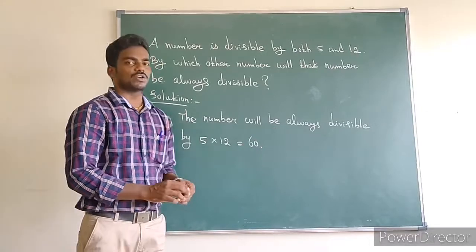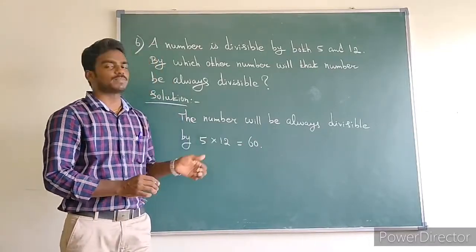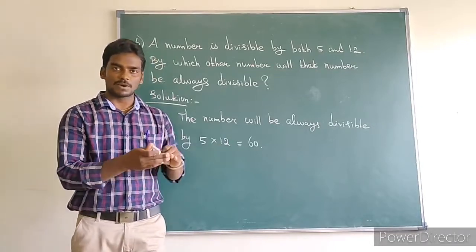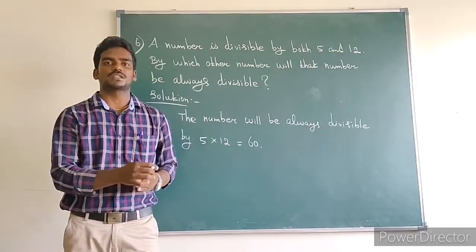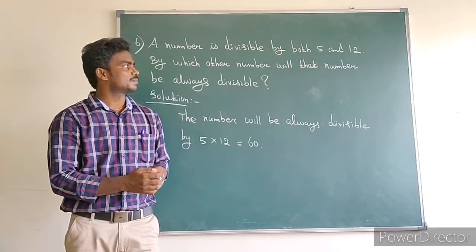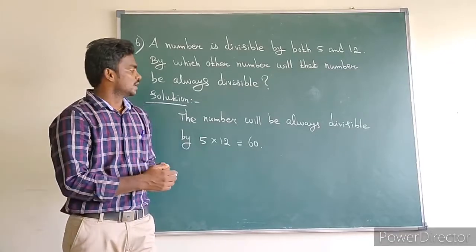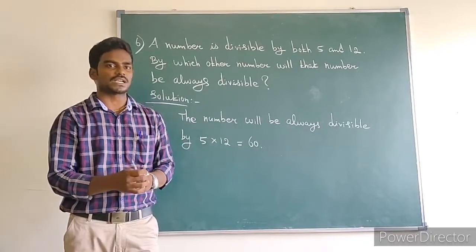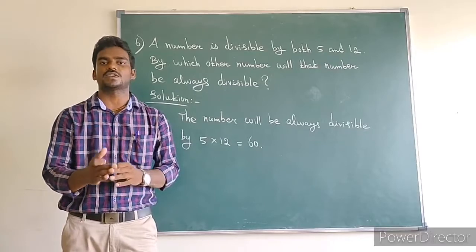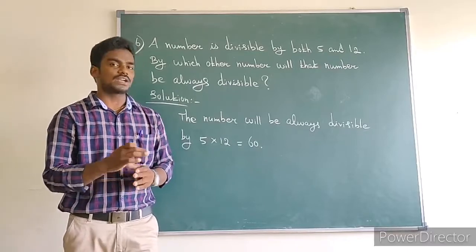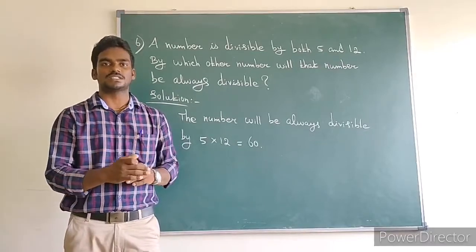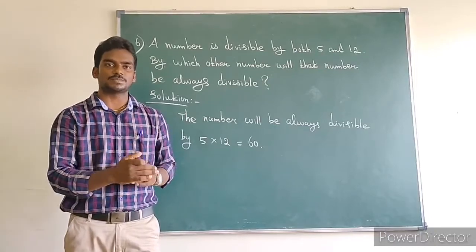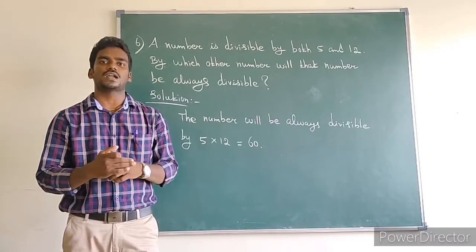Okay students, I hope you understand the concepts in this chapter, Playing with Numbers. In this chapter we recalled factors, multiples, common factors and common multiples, then prime numbers and composite numbers. So prepare prime and composite numbers well. Next, what we discussed today is co-prime numbers. Co-prime numbers means two numbers having exactly one as the common factor. Next, we discussed divisibility tests, the divisibility rules for 2, 3, 4 and so on up to 11.